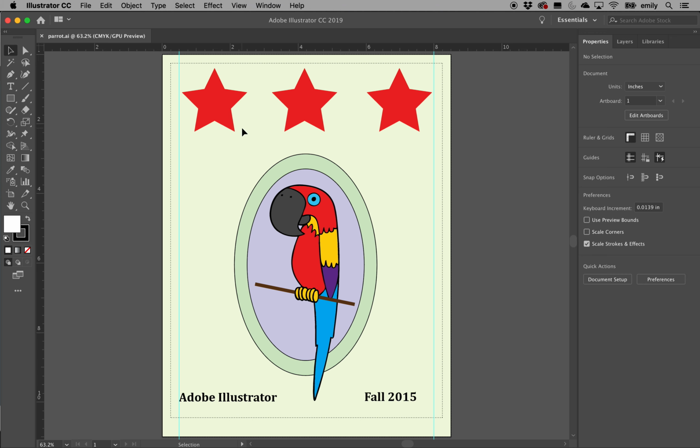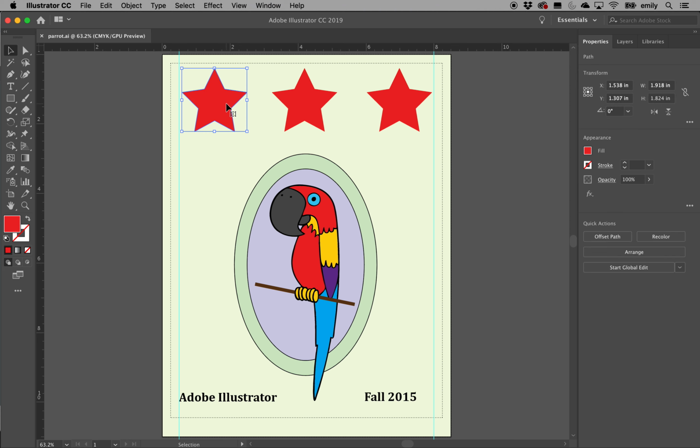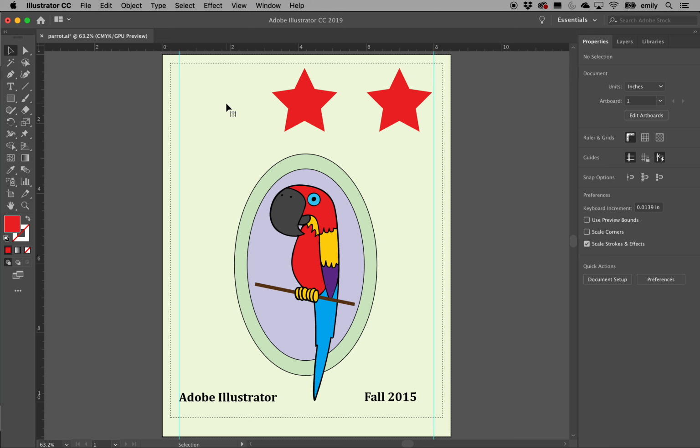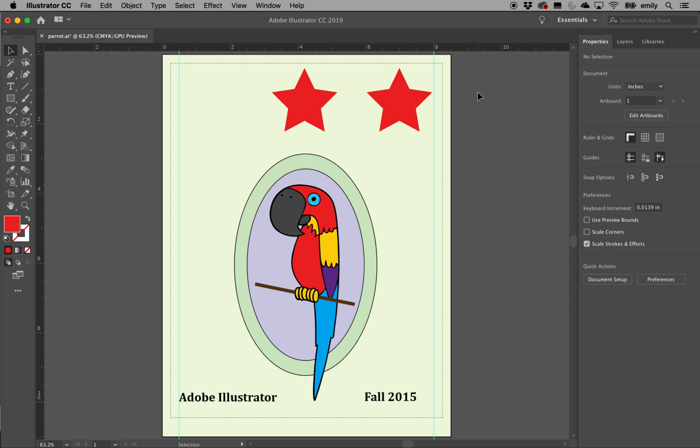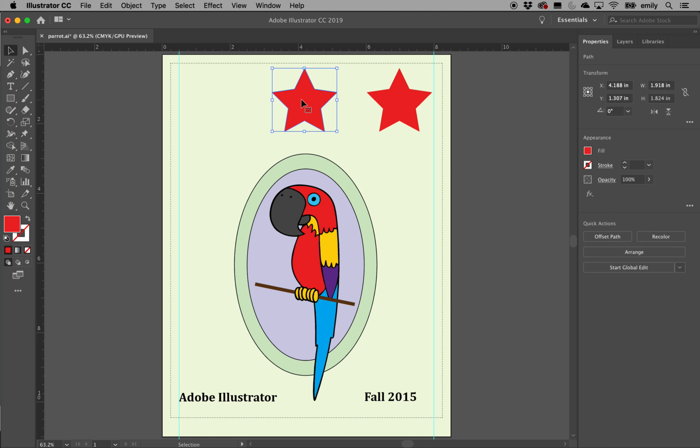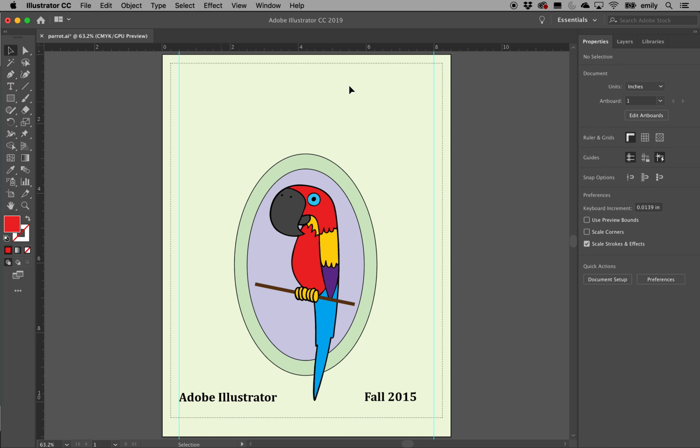All right. So the homework says when you're on the selection tool here, we're going to get rid of the stars first. You can just click on one and hit the delete key on your computer and it will go away. Alternatively, you can drag across two of them if you wanted to, because the background is locked. If the background was not locked, you would not be able to do that because you would be selecting the background as well. So if you're concerned about that, you can just select one again and hit delete, and select one again and hit delete. And up top here, we're going to put our names.